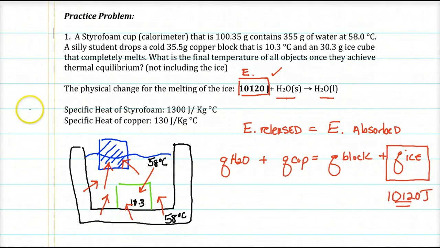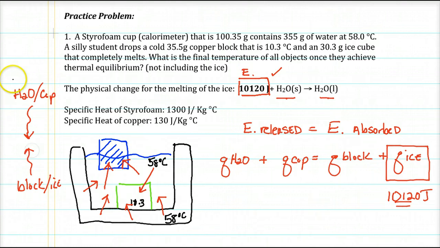Okay, but let's throw something else in for a second. We have this diagram, and we know that the water and the cup collectively are warmer. They're going to get colder. And we know that the block and the ice are going to get warmer. So the temperature finals, okay, temperature final is going to be lower for that of the water in the cup and higher for the